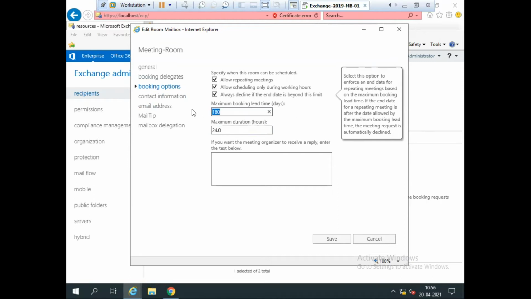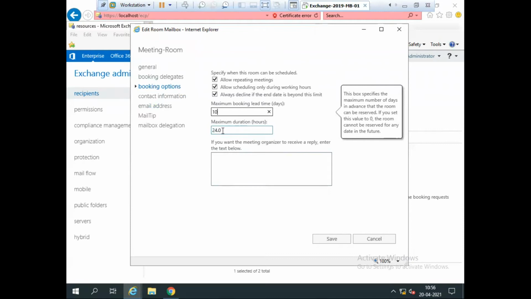So imagine that if I set 10 there, so minimum 10 days, means 10 days in advance you need to book this room. It's a minimum days. Maximum days is 10 days, not more than that. If you try to book this room 15 days in advance, you're not able to, because the maximum days I set is 10. So maximum 10 days before you can book this room.